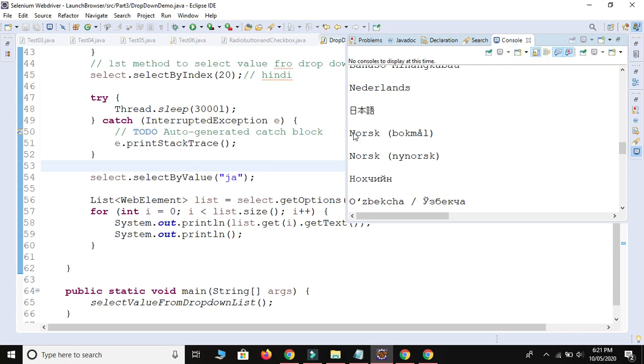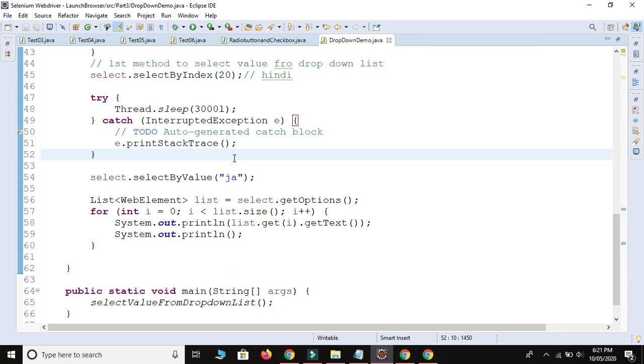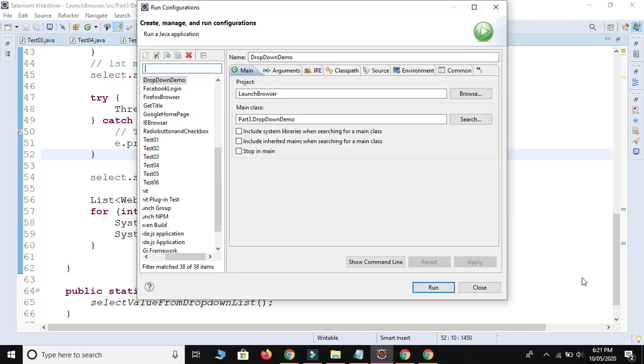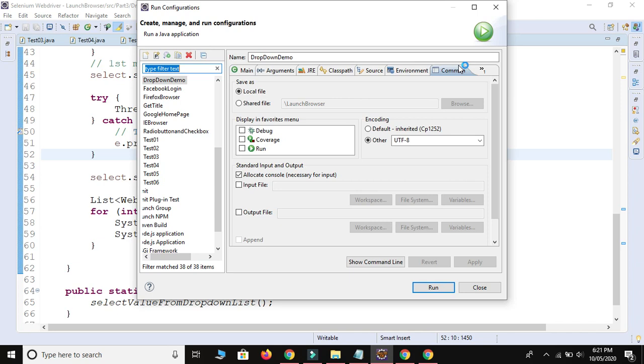so I will show you one more time so you are able to see properly. Right click, okay, select run as and select run configurations. After selecting run configuration, you are able to see this window, and then select common and select this radio button, other, and select UTF-8 value from the drop down.